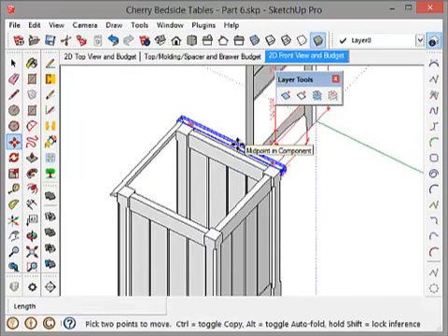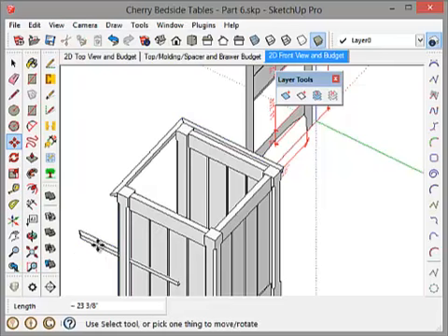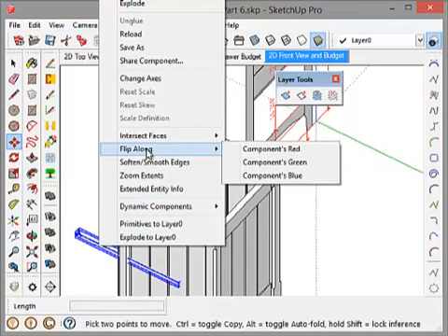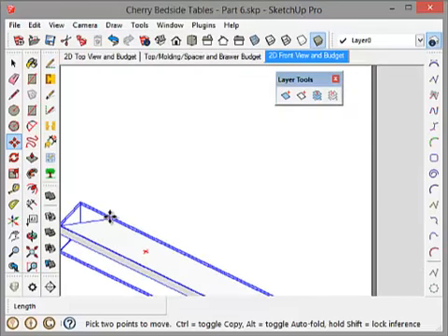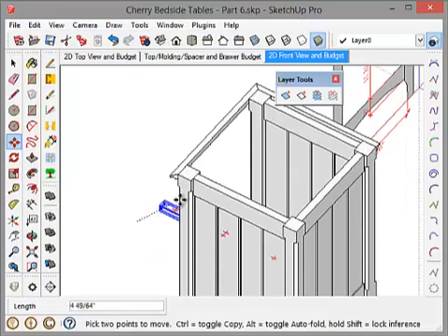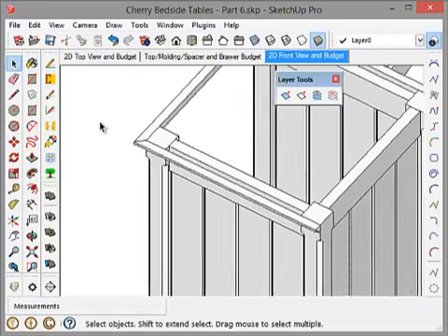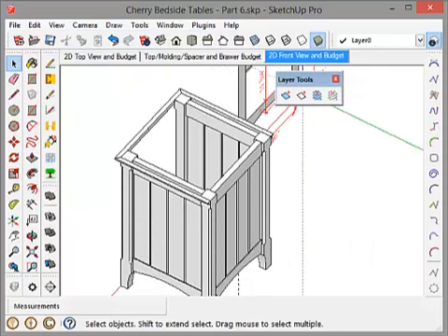I'm going to copy this using the Control key and the Move tool. I'm going to flip it along red. Move it up into place. All right, now I have my top trim. So just to make things complete here,